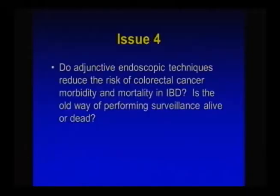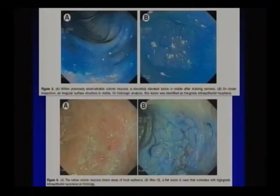And one of the things that's maybe helping us get there are these adjunctive endoscopic techniques. So we ask this question: do these work? Is the old way of performing surveillance still worthwhile, or should we make this transition to a world of chromoendoscopy? Chromo is very helpful. Lesions that you wouldn't otherwise see in white light, it has been somewhat demonstrated, you can find by applying either diluted methylene blue or diluted indigo carmine through the scope. And this used to be terrifically complicated before we had that foot pedal wash, right? We used to have to thread out